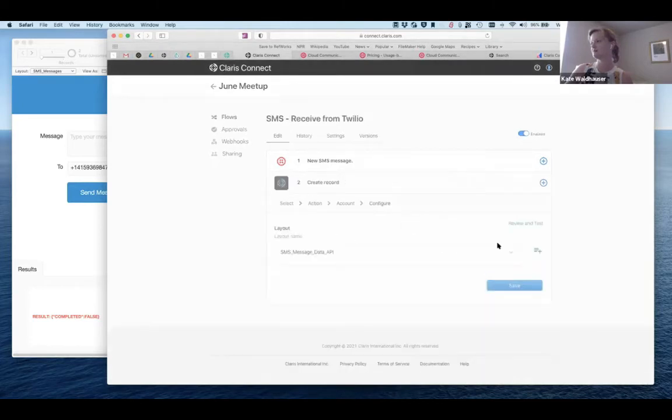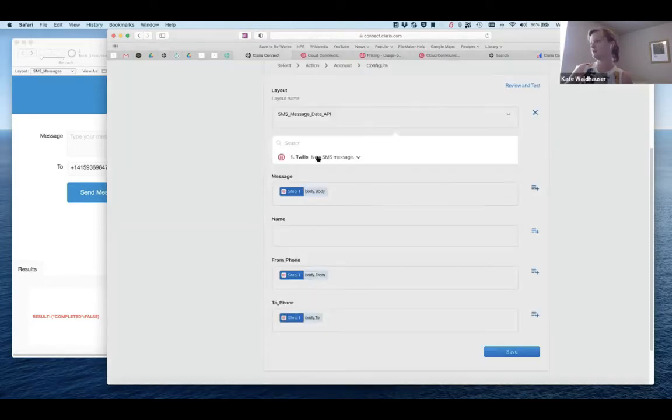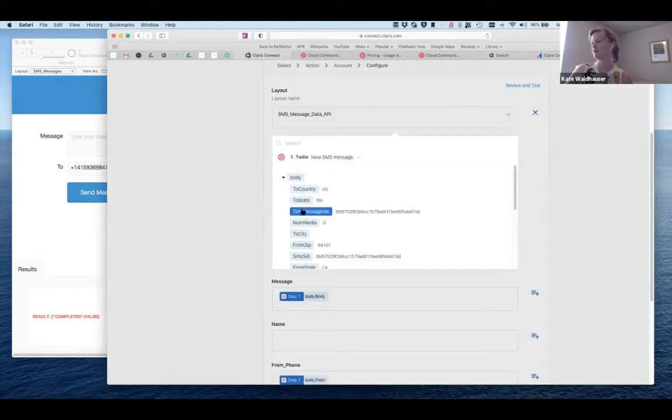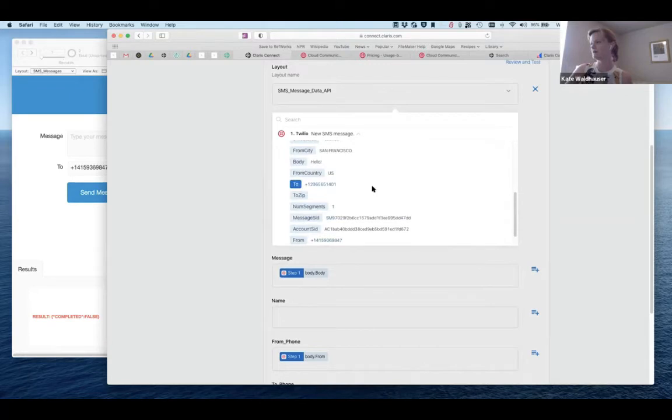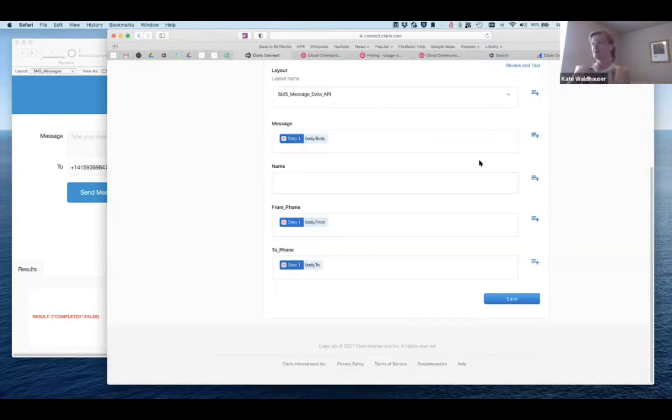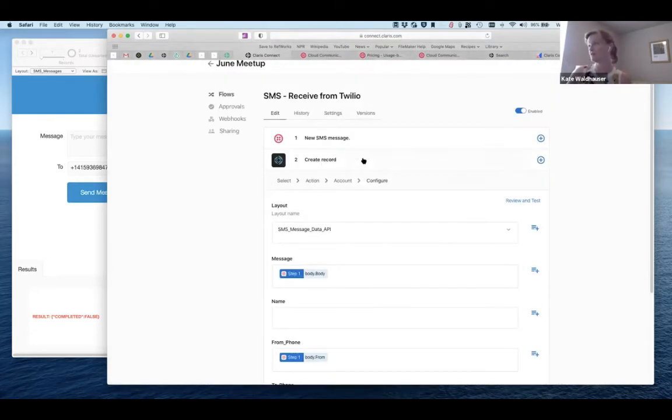The fields I get are where it came from and what the message said. That's basically it. If you wanted to create a simple messaging setup, you'd have two separate flows, to and from.